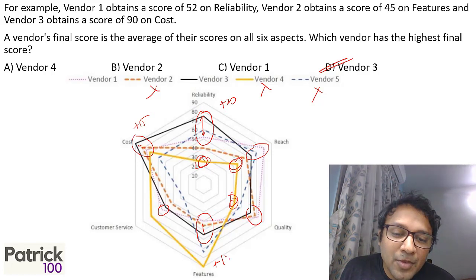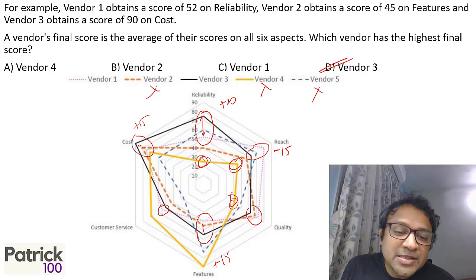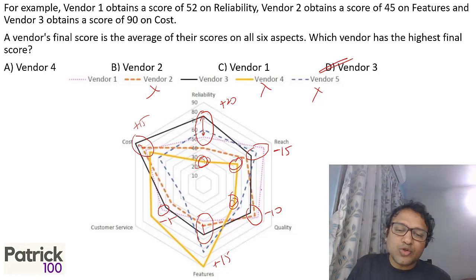Right? This is maybe 15. So almost 50. Whereas how much is the red line? Here it is 20, 15, the red line is bigger. Okay, the red line is 15 bigger. In other places, this is only 5 bigger. Here it is 10 bigger. So almost only 35. So you can make out black is bigger.